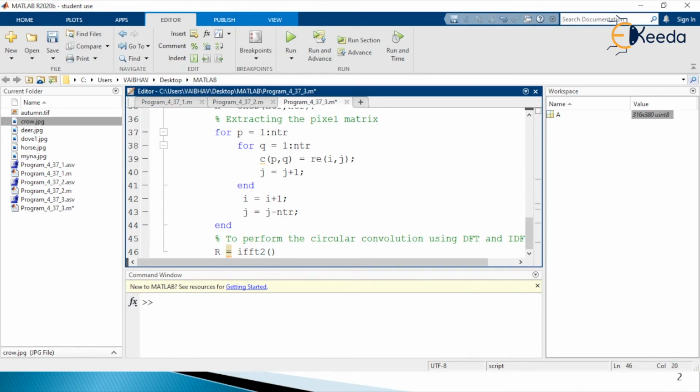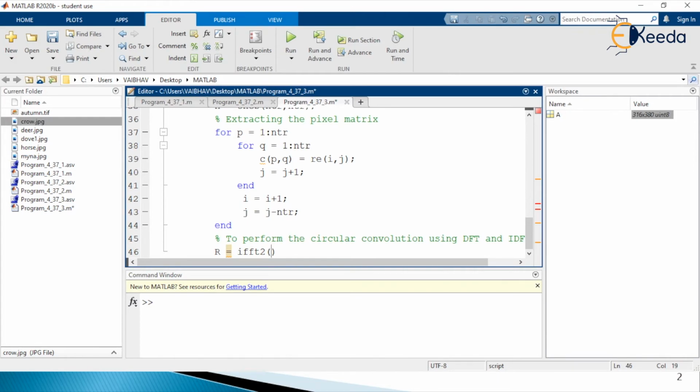We know for element wise multiplication we have the dot asterisk operation for the transformed versions of the input operands. One is the image and another is the impulse response, or the impulse function you can say.